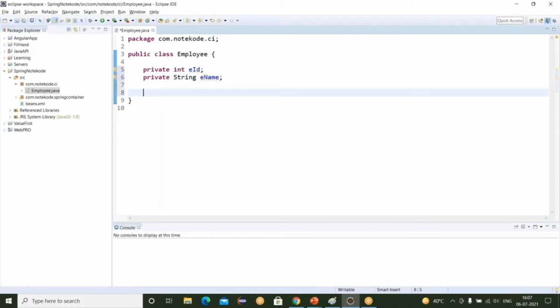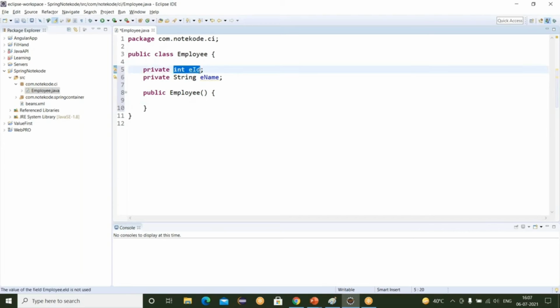Since we're using constructor injection here, let's create a constructor. And since we have to create the argumented constructor, let's take the variables also.